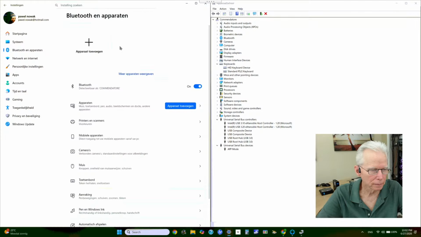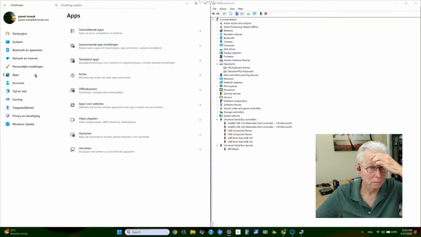Settings, apps. Oops, wrong mouse. Standard apps, or whatever that is. Let's see if we can recognize